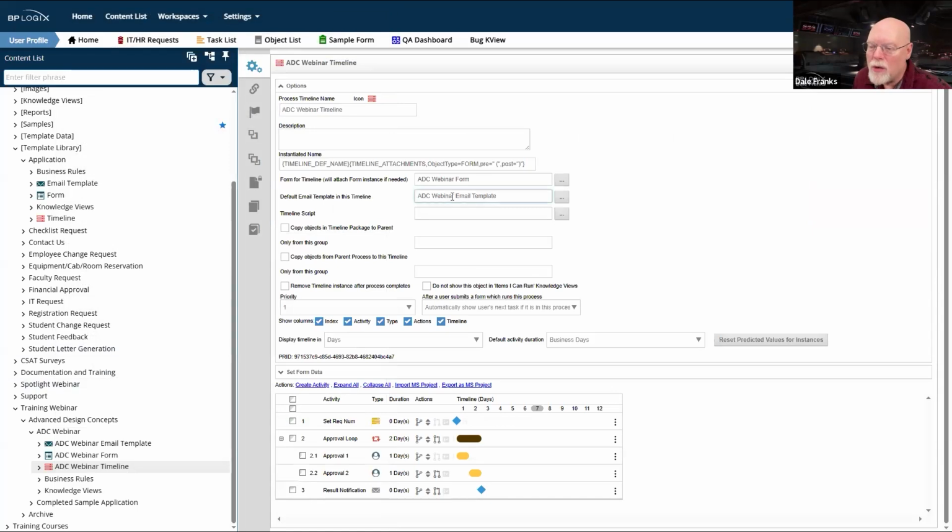That's why you do this in the first place, so that you have an email template that does exactly what you want it to do, and you don't have to worry about configuring the notifications tab for every single process timeline activity to show them the notification that you want. So again, this is a make-your-life-easier thing. So it is a best practice.